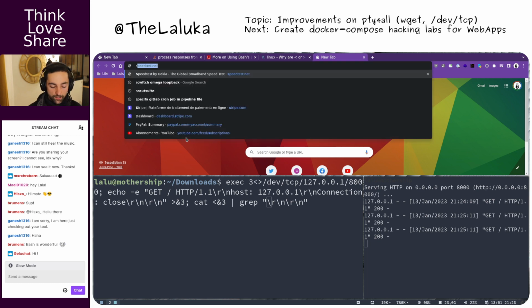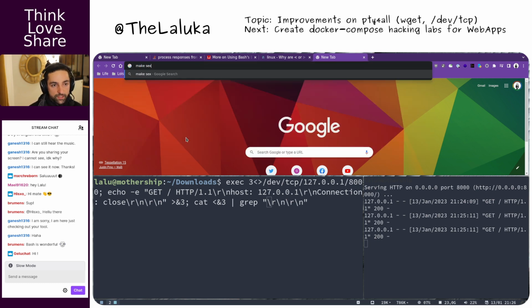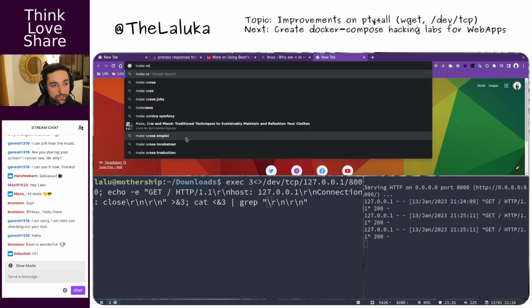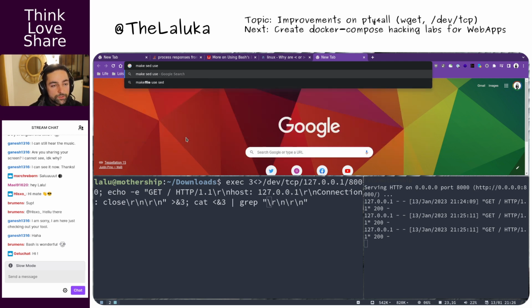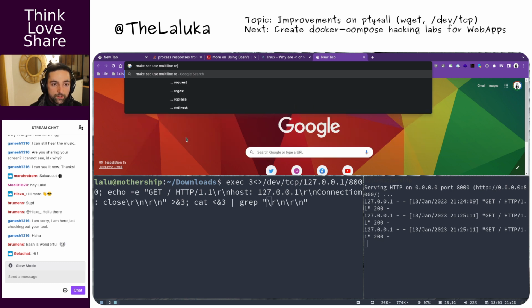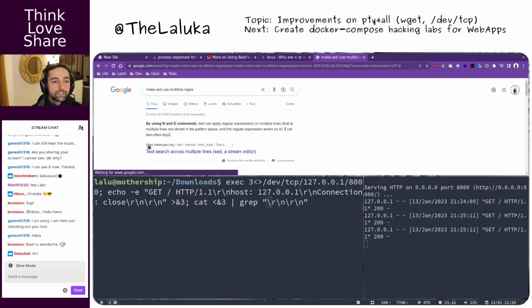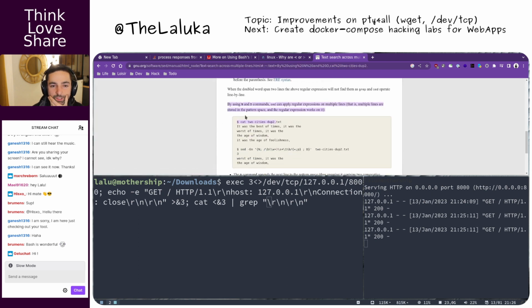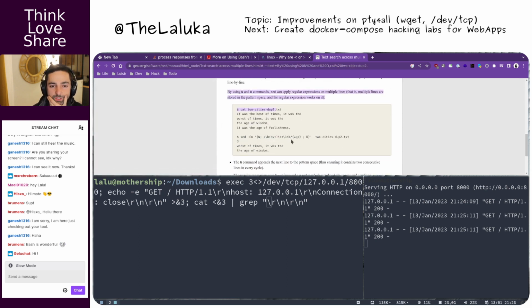Oh, I have an idea. Okay, make sed. Use multiline regex by using the n and d commands. What is that? No. Sed. It's quite, so no. Okay, cool. So it goes with the full text.